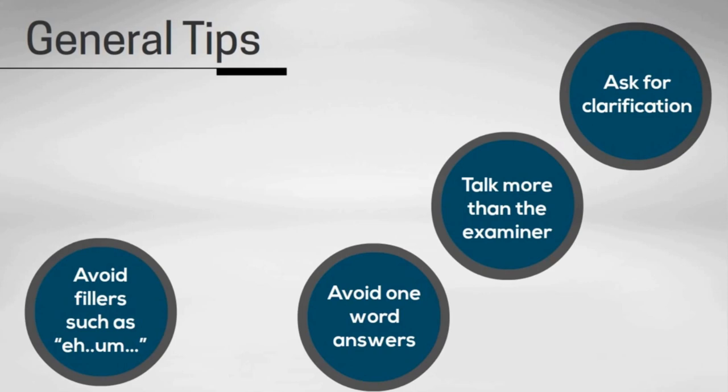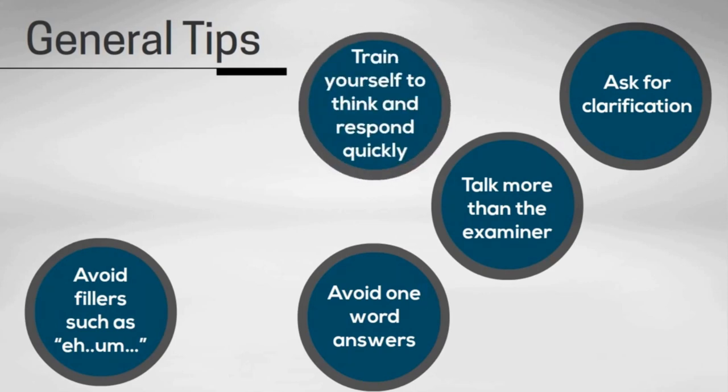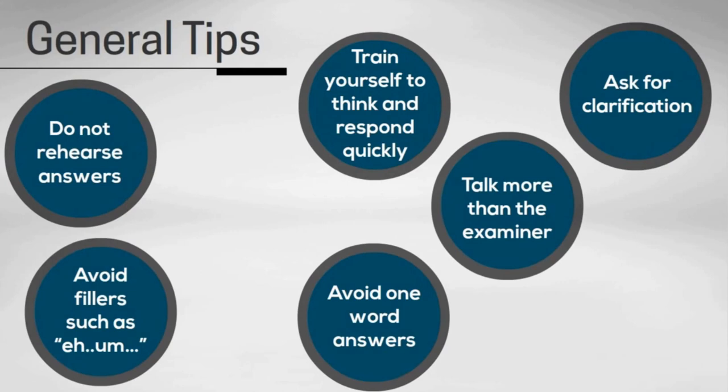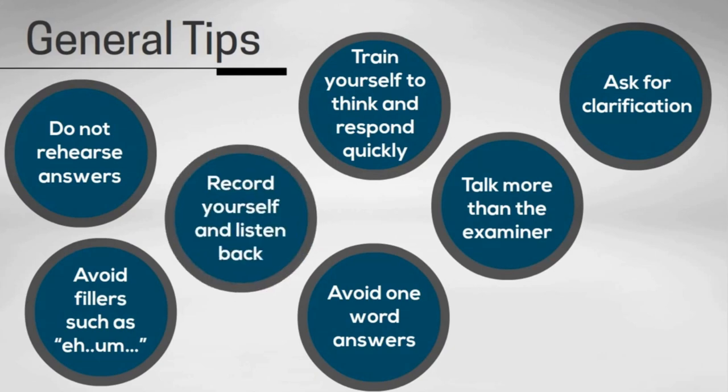Tip number 5 is to train yourself to think and respond quickly in English. Practice effectively. And do not rehearse specific answers to questions you think the examiner might ask. That's tip number 6. The examiners are trained to notice when candidates do this, and they will change the questions to something less predictable. Tip number 7 is to record yourself giving answers and then listen back to your responses